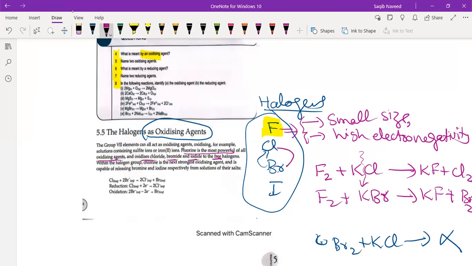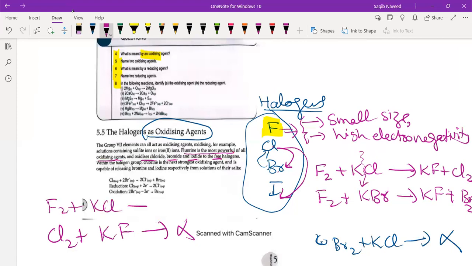Chlorine can break the bond of bromine. Chlorine can break the bond of iodine. But chlorine cannot break the bond of fluorine. The answer is no reaction. Okay, unreactive. But in reverse of that, if you react fluorine with KCl, even K is just